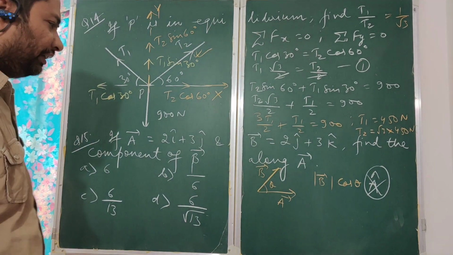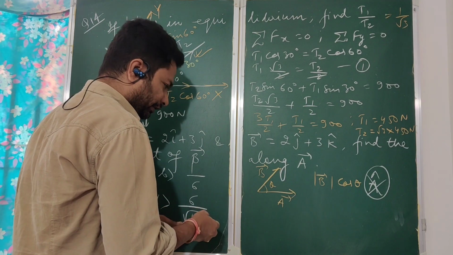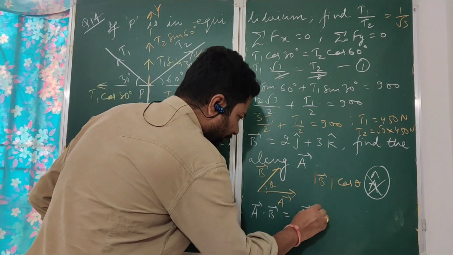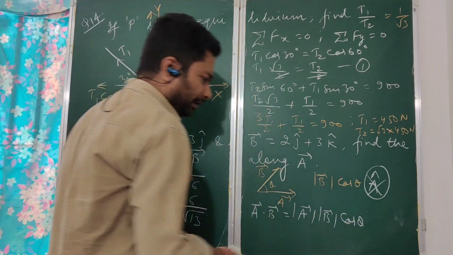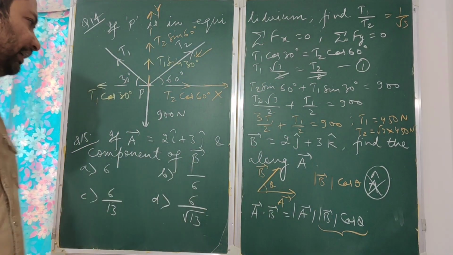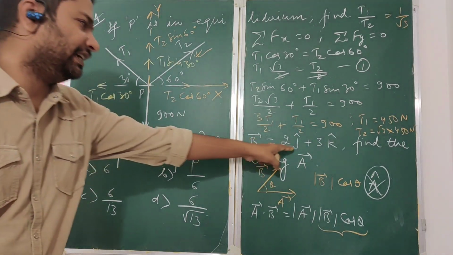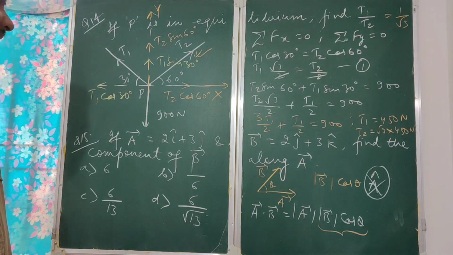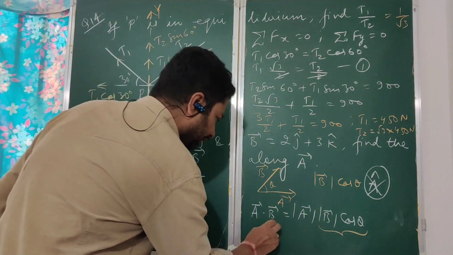So what is cos theta? How do you find it out? In order to find cos theta, you have to take the dot product. So we will take the dot product. A dot b should be equal to mod of a mod of b cos theta. So we have to determine this value, mod of b cos theta. So what is a dot b here? 2 twos are 4, but it is i and j. Be careful, i dot j is 0. i dot k is also 0, and here 3 twos are 6. So we'll just get 6 here.